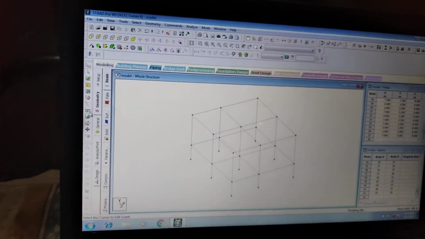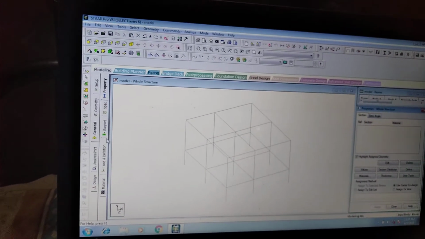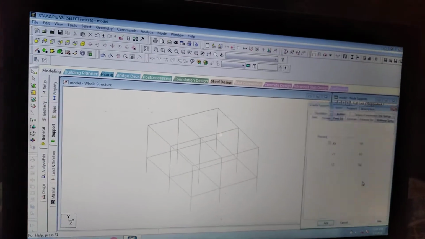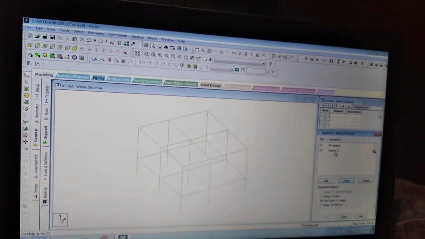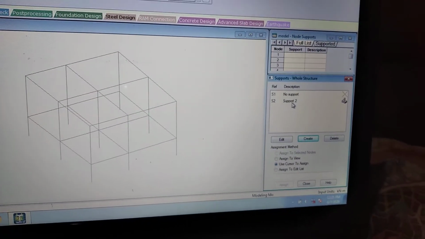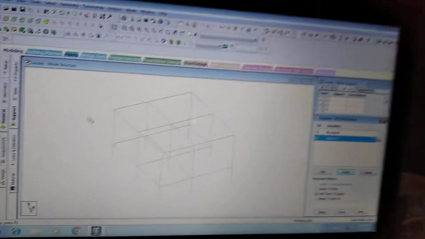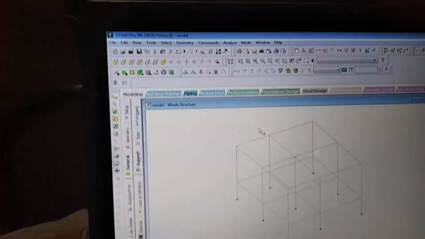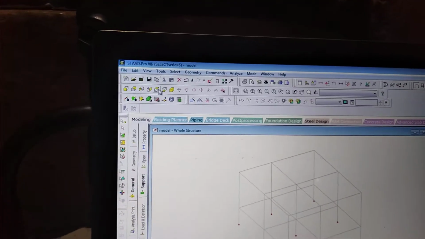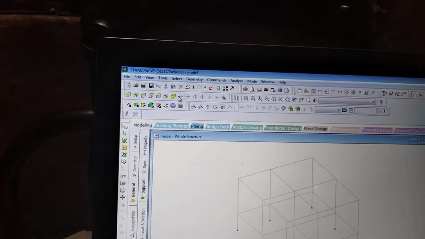So next I will go to the general supports, create, I want a fixed. So always in building we have to take the supports as fixed, select it, and I want it along the column, no. So what I will do, I will go to the view from X and I will select it. Again I will go to the isometric view. So only for view purpose and selection purpose I will go to the third row, this box section, okay.